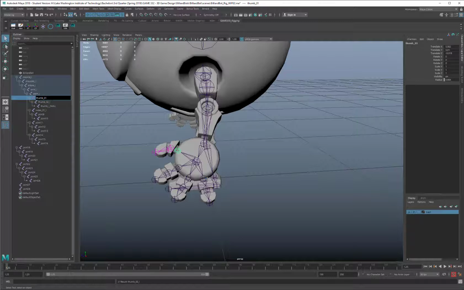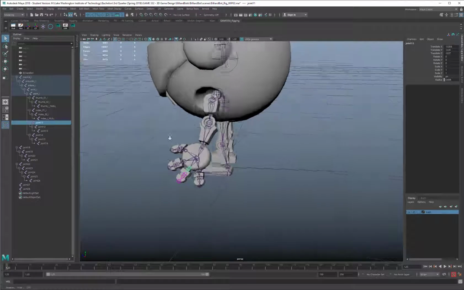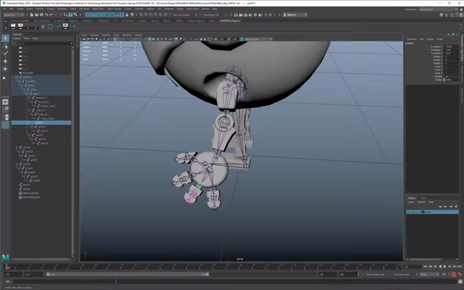Okay, and underscore L for that as well. Index 2 underscore L and index underscore L underscore null. Okay. And this character's odd. He doesn't have all the normal fingers, but I'm just going to call this one middle because it's appropriate for that. So we'll go middle